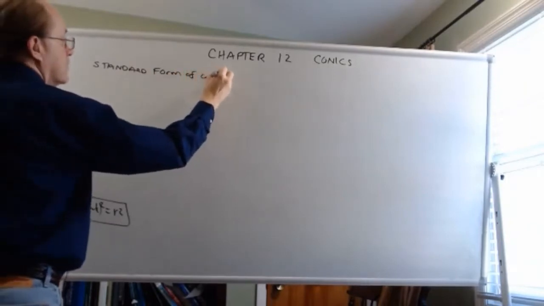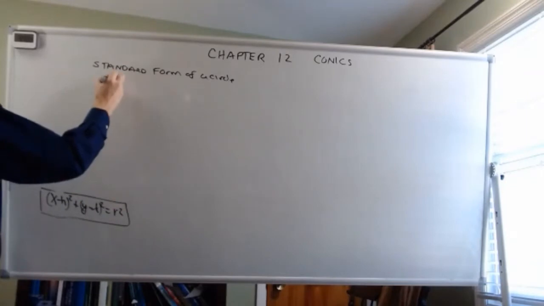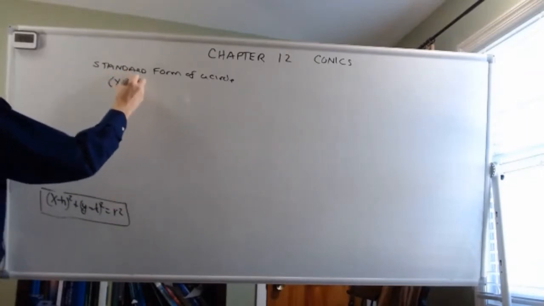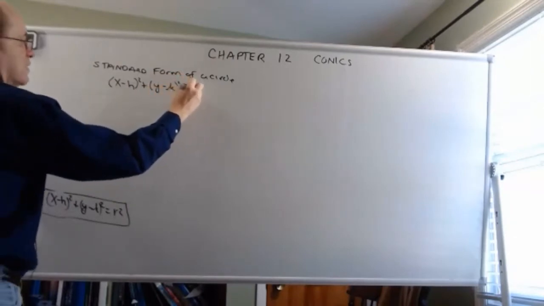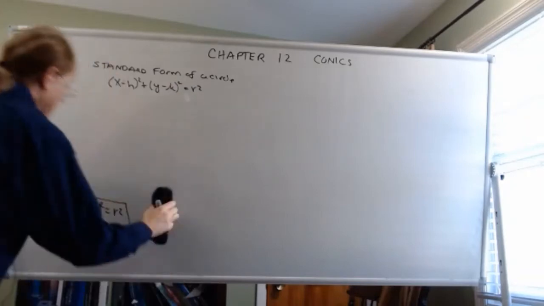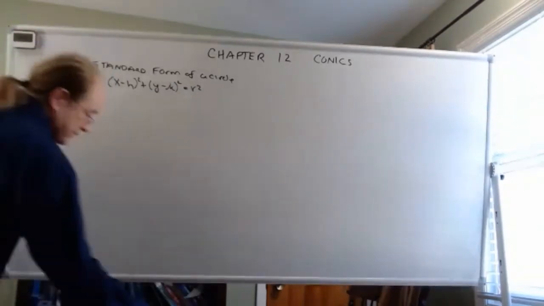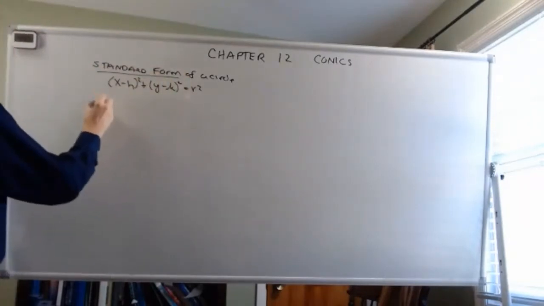Of a circle, and its radius, centered at h comma k: (x minus h) quantity squared plus (y minus k) quantity squared is r squared. We also have a general form. When you multiply everything out, there's another form of the circle. There's the standard form, and then you also have a general form,